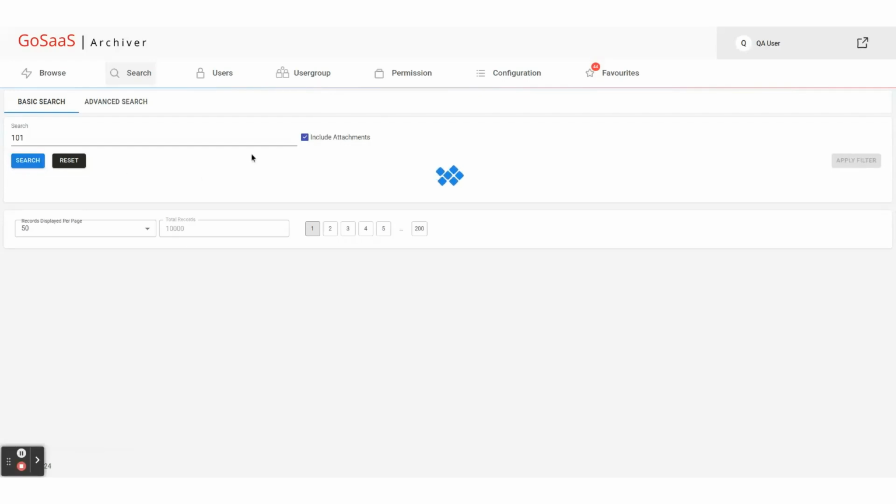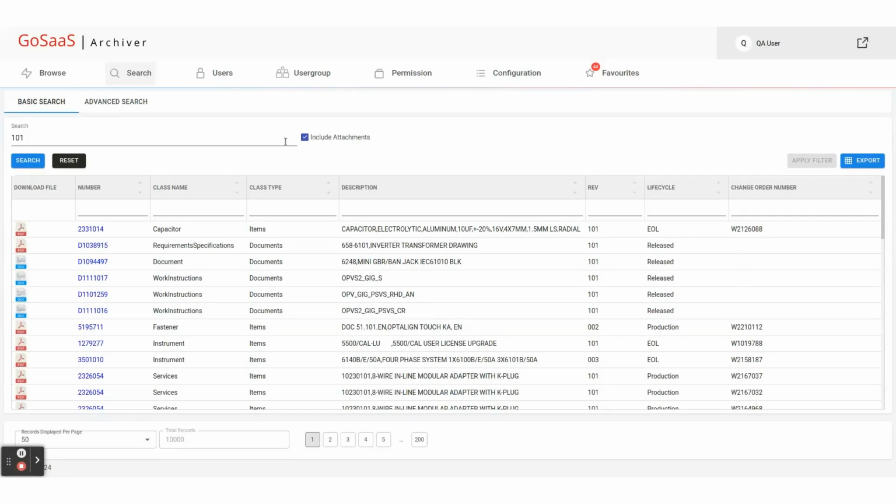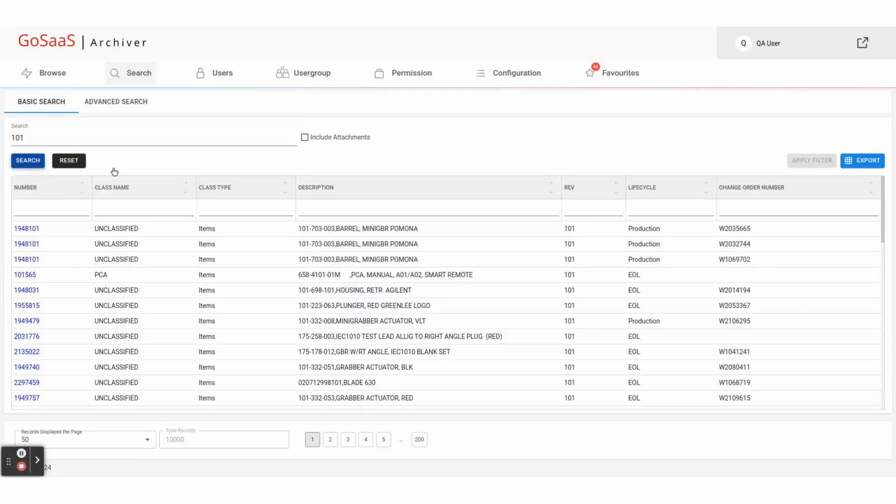The system will proceed to search for the string of characters inside all attachments associated with the items. As you can see, the system has fetched all items that have the entered search query in their attachments. The relevant attachment can be seen in the column to the extreme left. Now let's return to the normal search. The search results we see right now all contain 101 either in their part number or any of their other